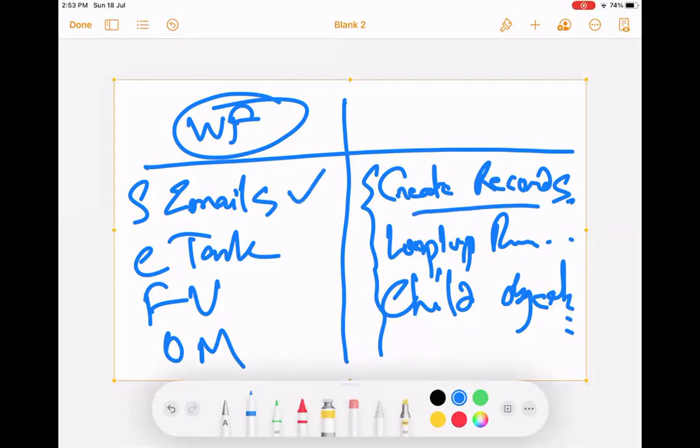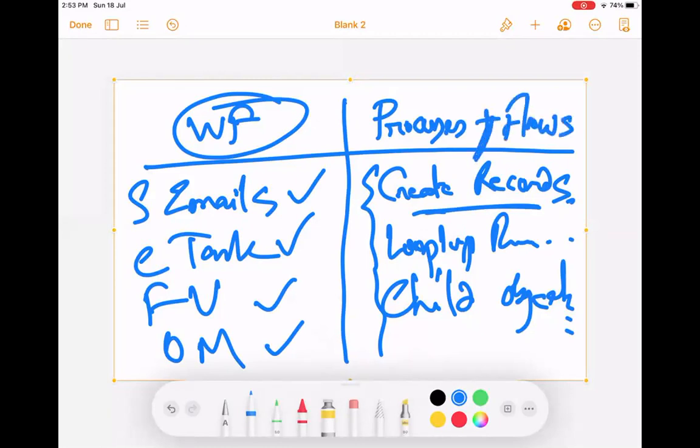Create object is not there. So what if I have to do this? For this, there are 2 more options possible. One is called processes, and another is called flows. So let's talk about processes and flows.